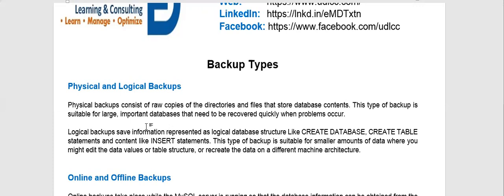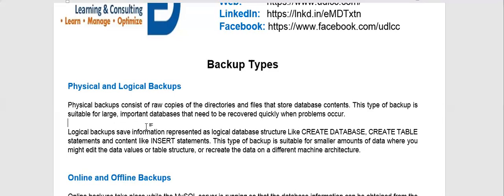So it actually backs up all the database directories and some files and copies them to some other location. So it is very fast as compared to your logical backup.